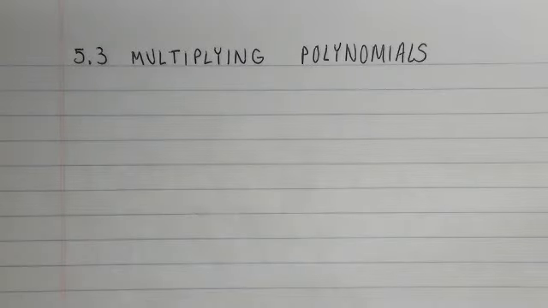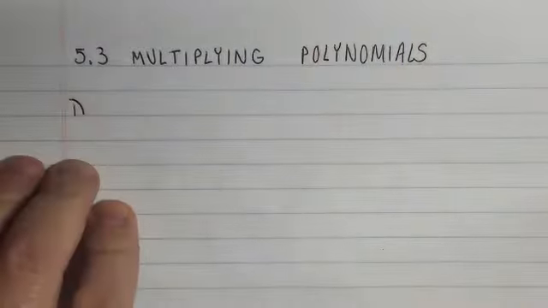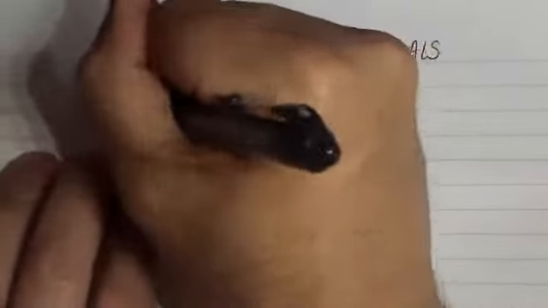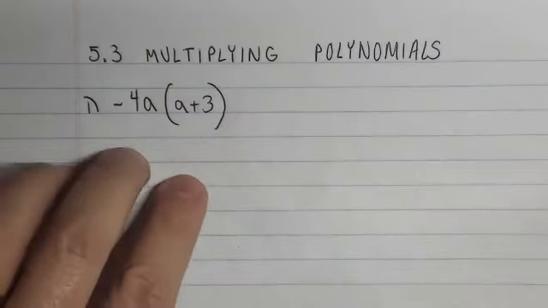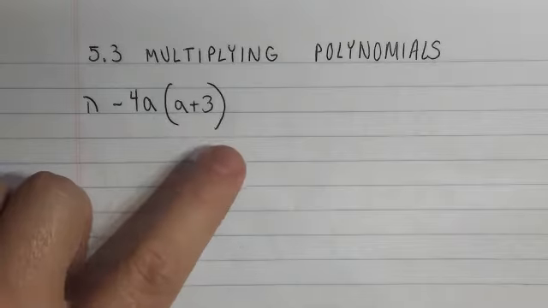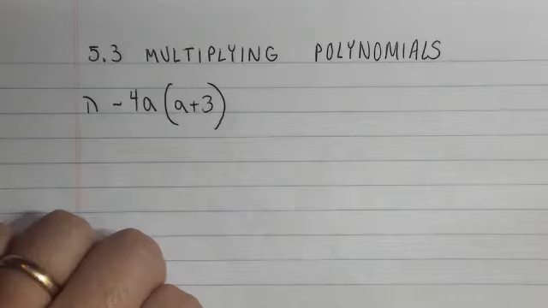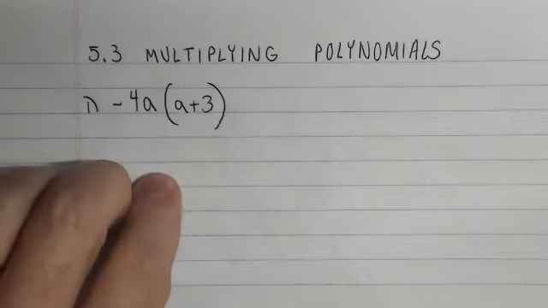Okay, 5.3 is multiplying polynomials. The main thing we're going to talk about, and the main operation we're going to use, is the distributive property. So sometimes you're going to have a monomial times a binomial. Sometimes we have a monomial times a binomial times a binomial. So there are different operations that you're going to have to do, but you're all going to do it the same way, and that's